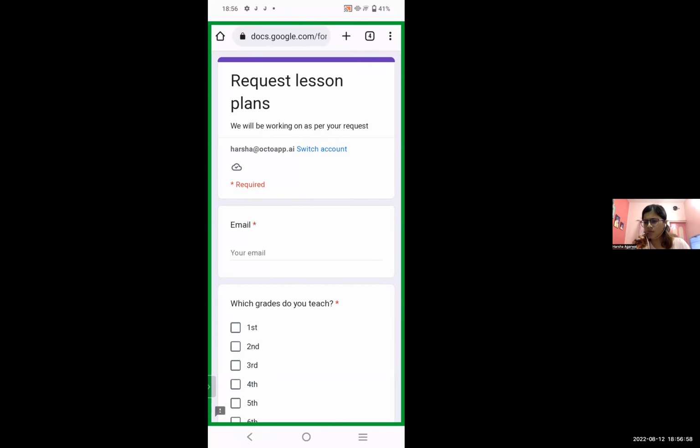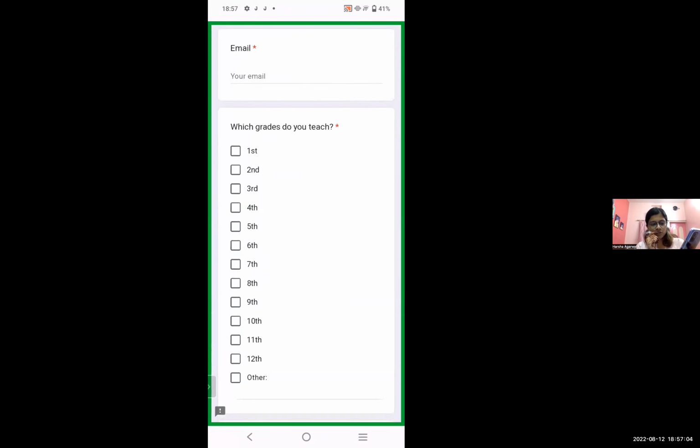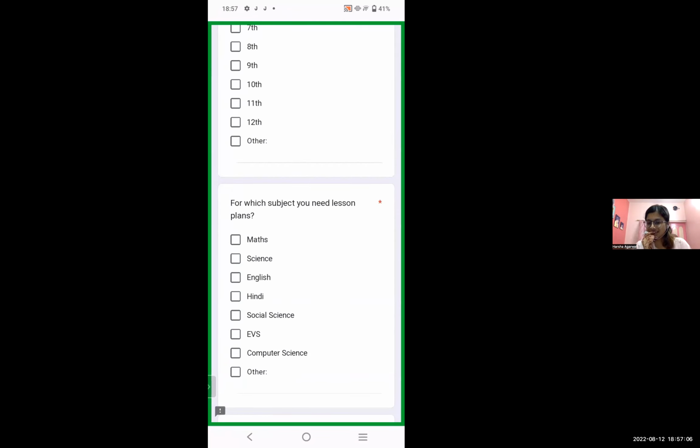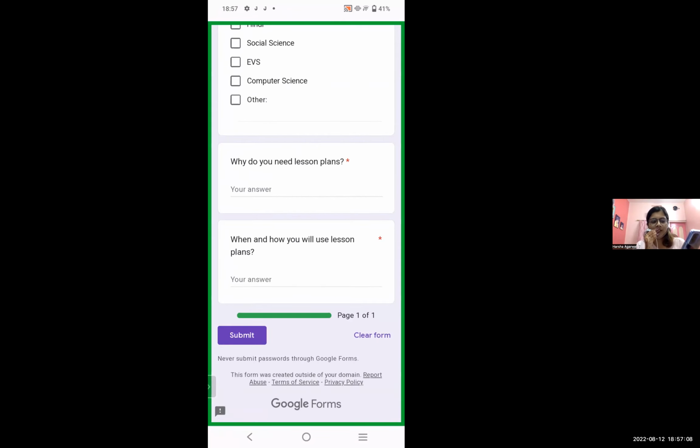एक simple Google form open होगा. You will get a Google form and 5 questions are there. Simple basic 5 questions. आपका email ID, which grades do you teach? आपको कौन से सब्जेक्ट के लिए लेसन प्लान चाहिए, and then why do you need it and how and when will you use it, and then you can click on the submit button and then the homework app and team will get back to you with the same. Okay, so this is a very effective means of gathering lesson plans from the application as well,